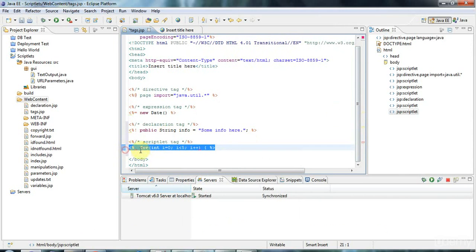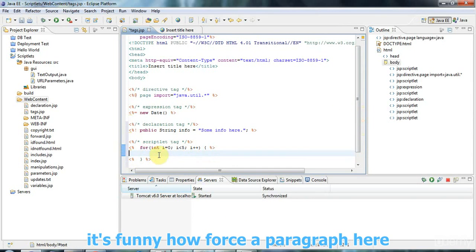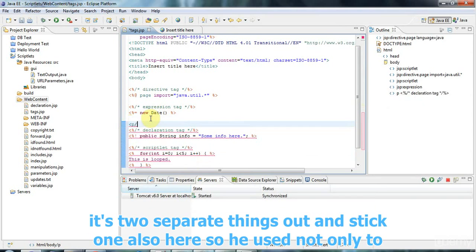Let's just copy this. We've seen this before actually, but just as a quick reminder and to put everything in one place. This is looped, and let's finally have also a paragraph here just to separate things out a bit,